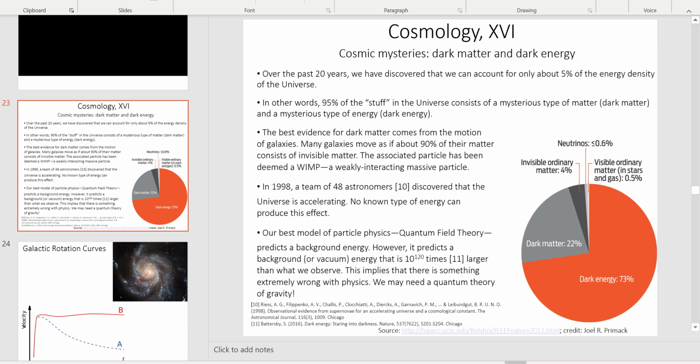In this part, I want to talk about some of the more difficult to solve and also amazing cosmic mysteries. In part 2, we talked about the kinds of energy densities that can dominate the universe and how those energy densities affect the expansion of the universe. We talked about some of the slightly more mundane mysteries, I guess you could say, specifically the horizon problem, the flatness problem, and the magnetic monopole problem. We talked about cosmic inflation, which we think is the solution to those mysteries.